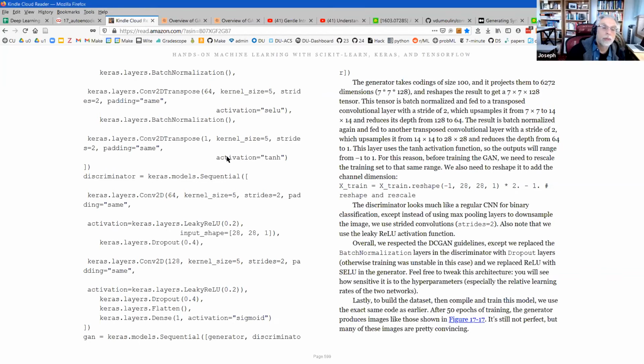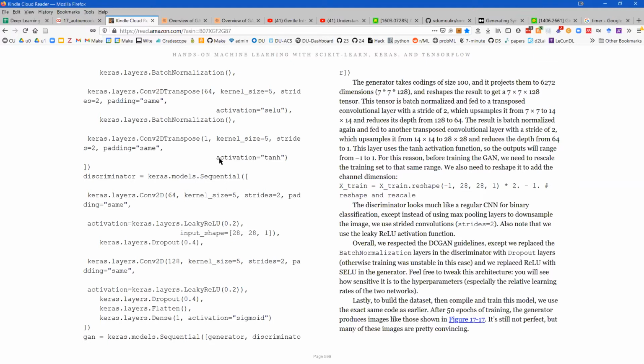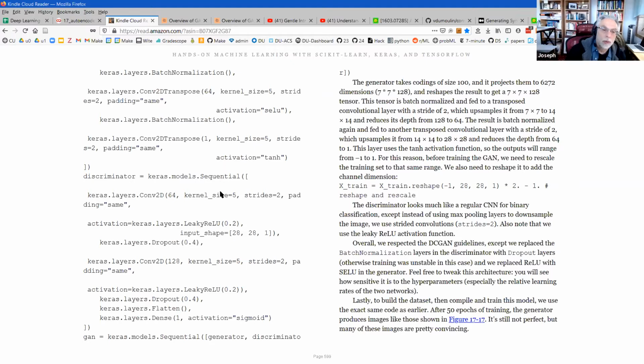Well, in this case, the output of the generator is 3-dimensional. It's 1 by 28 by 28, right? So the first dimension is the number of filters. Oh, I see. Okay. Yeah. Thank you. So the first layer here has an output of 64 by 14 by 14 because it